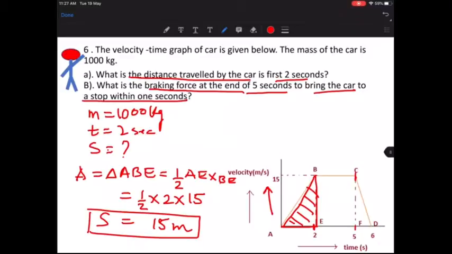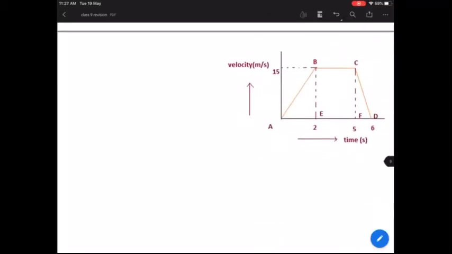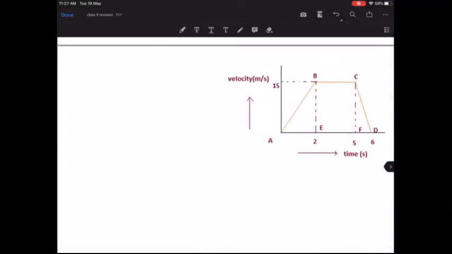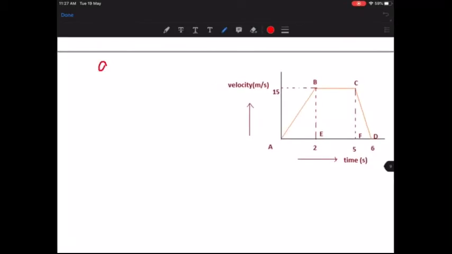So in this case, what we first need to calculate is your acceleration because you do not know what is the acceleration. So let's first calculate the acceleration here. So we'll move on to the next page here. Okay. Let's first calculate the acceleration. So the acceleration here is v minus u upon t. So in this case, what is your... Now you only have to understand only this part, the last part. Do not concentrate on the first part. It is over. He is only asking you about the last part. So in the last part, what is your...